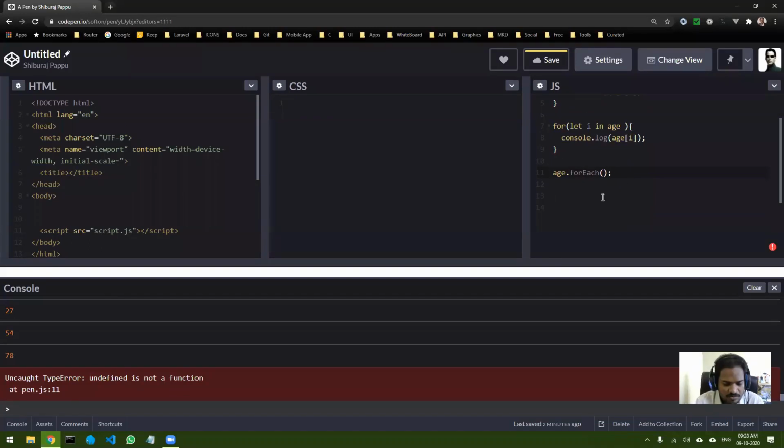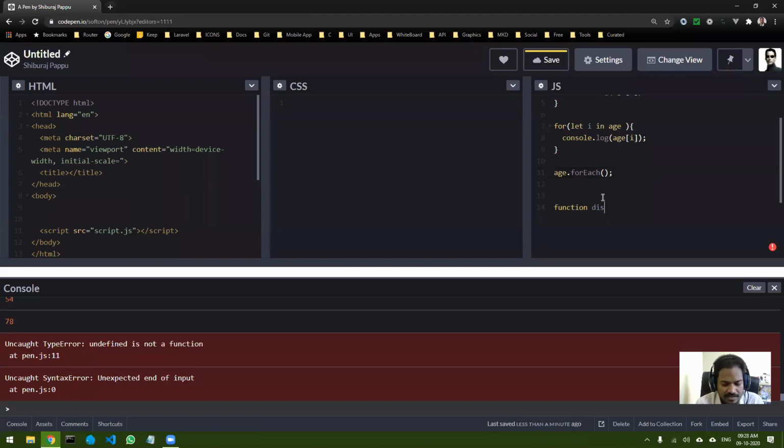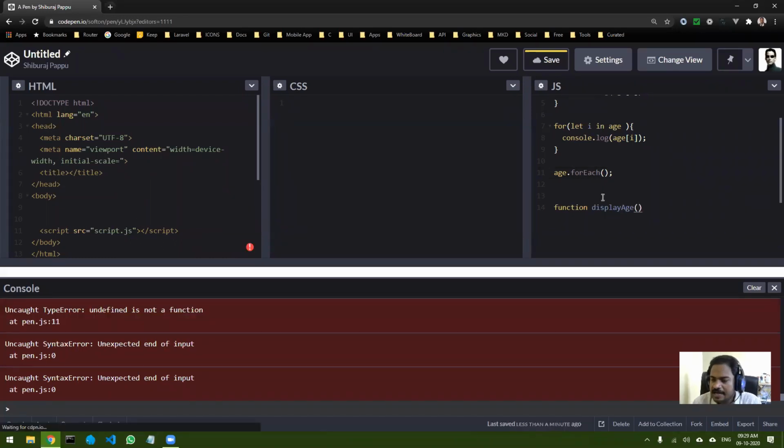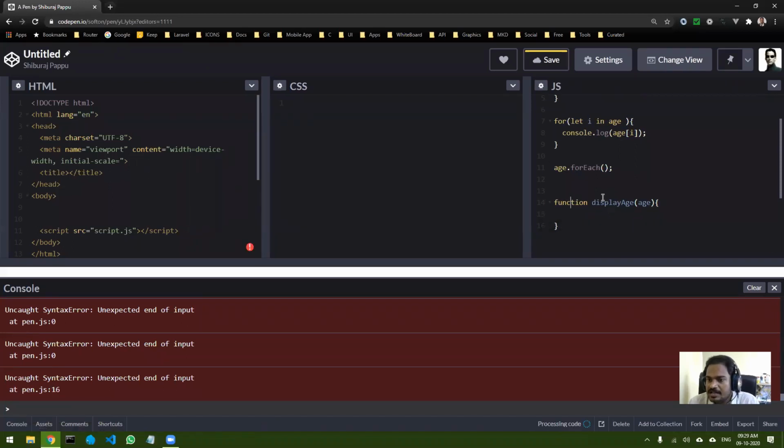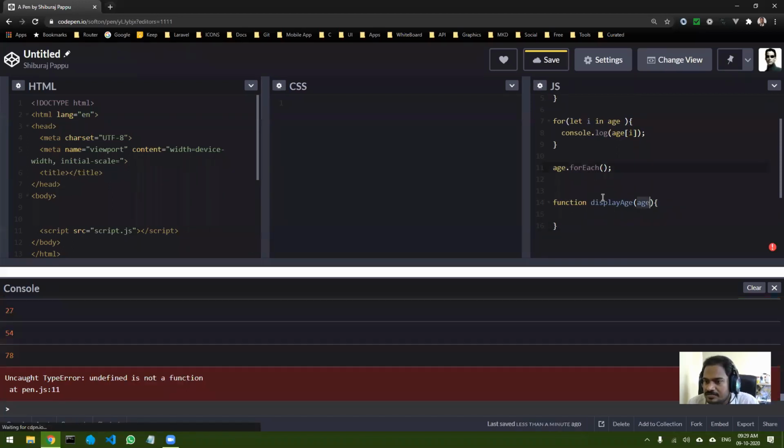So how to define a callback? You come down over here and write a function, let's say displayAge. I just created a function, and it is going to get some input. Let's not confuse it with age, let's take ele, for element.